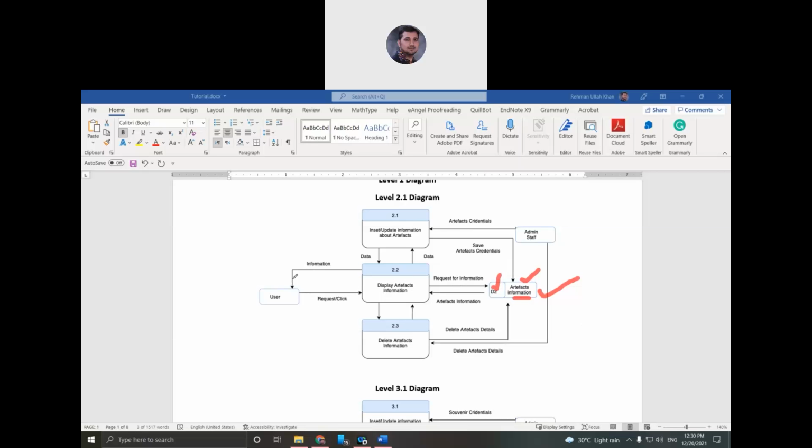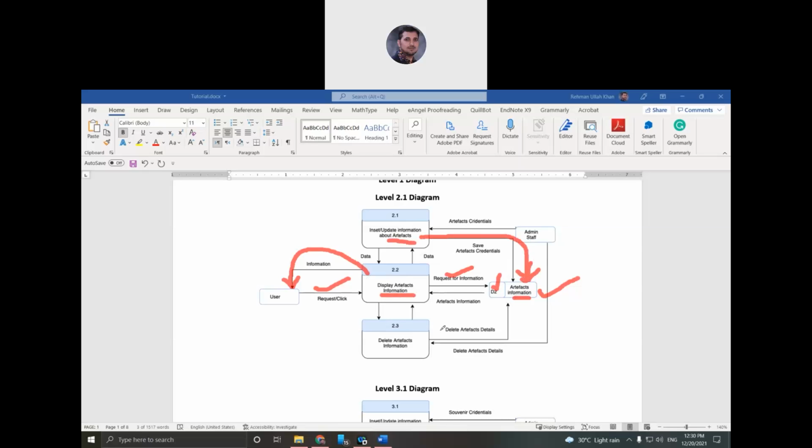So when the user clicks or requests some information about the artifacts, the information will come from the database to the process, and the process is showing it to the user. So you cannot display information until you have the information. The system will only have the information if the admin stores it in the database.